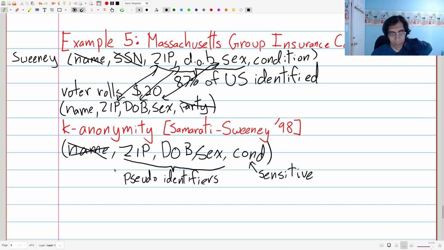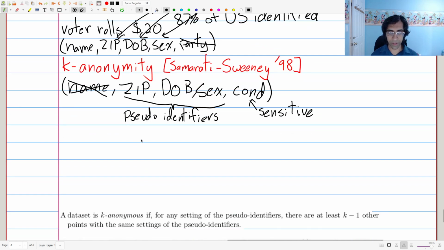So let's say what the definition of k-Anonymity is first, and how we will make a dataset k-anonymous. So this is the definition of k-Anonymity. A dataset is k-anonymous if, for any setting of these pseudo-identifiers, there are at least k-1 other points with the same settings of these pseudo-identifiers. So this might be a bit confusing for now, but let's take a look at some datasets which have been anonymized,